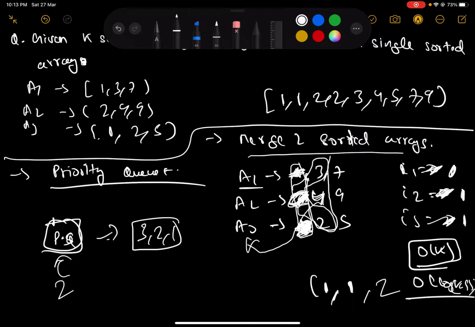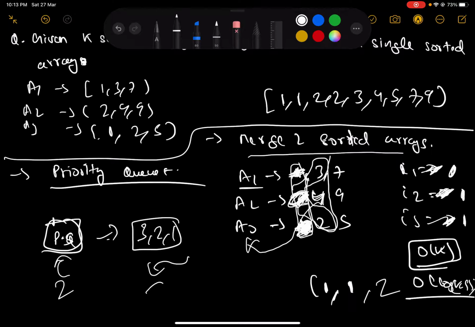Each iteration takes O of log k time, because in each iteration you insert an element into the priority queue and you pop an element out of it. These are the only two things you do at a step.